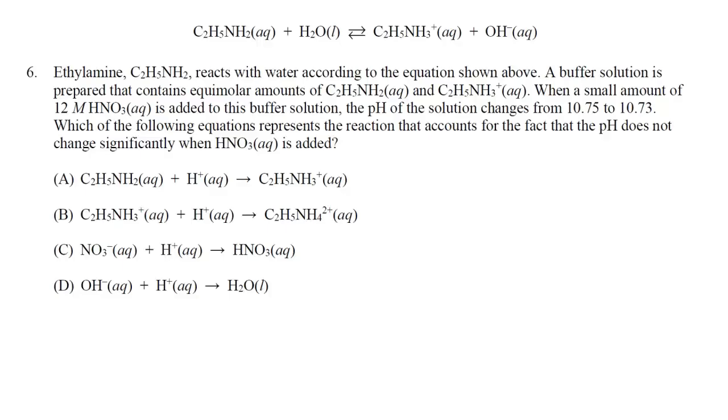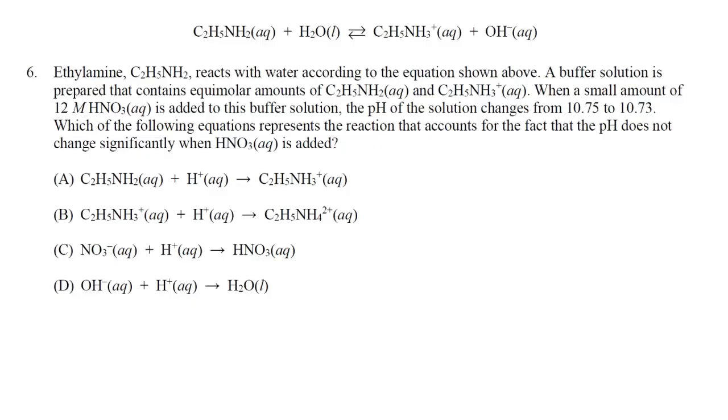Question 6 says the following. Ethylamine, which has the chemical formula C2H5NH2, reacts with water according to the equation shown above. So if we look at the details of this chemical equation, we can see that ethylamine is behaving as a weak base. It's a proton acceptor, so it accepts the H plus ion from water, to produce hydroxide ions, OH-,